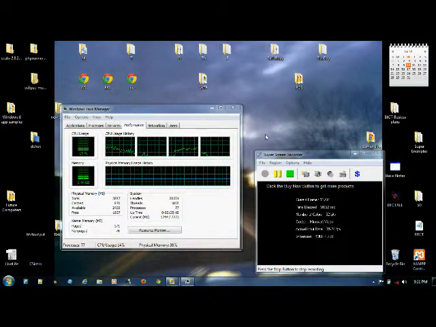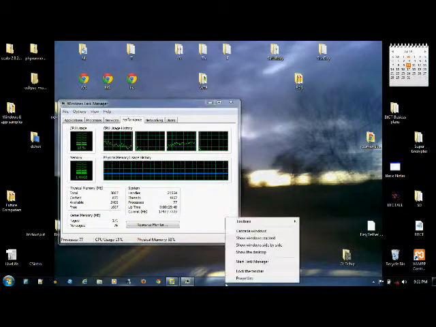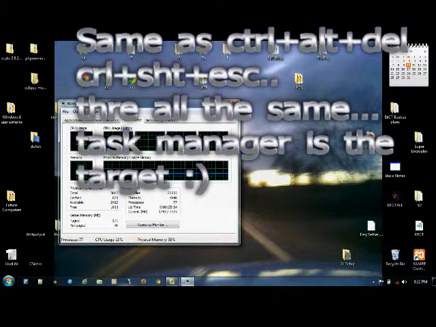My way of evaluating the performance of the system is I bring up the task manager. Now, bringing up the task manager, you right click on the taskbar and then start task manager and boom boom bang. But I'm pretty sure you already know that. So I bring up task manager and I'm looking at the